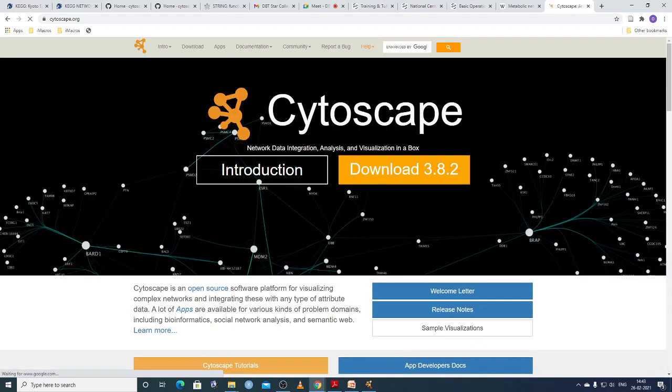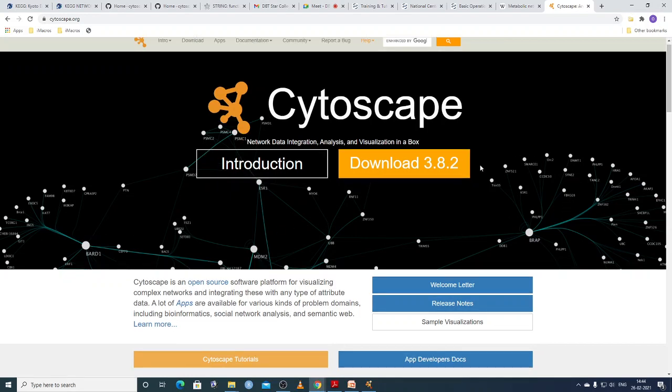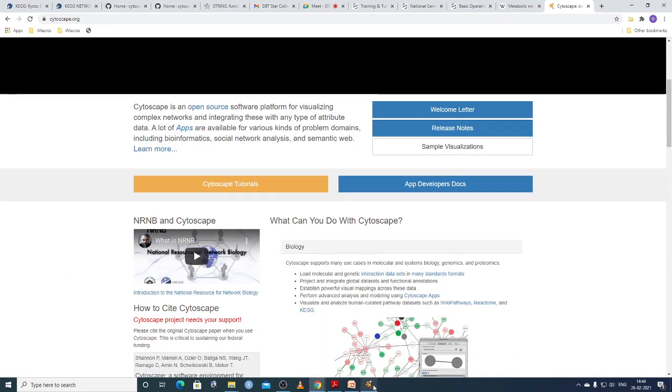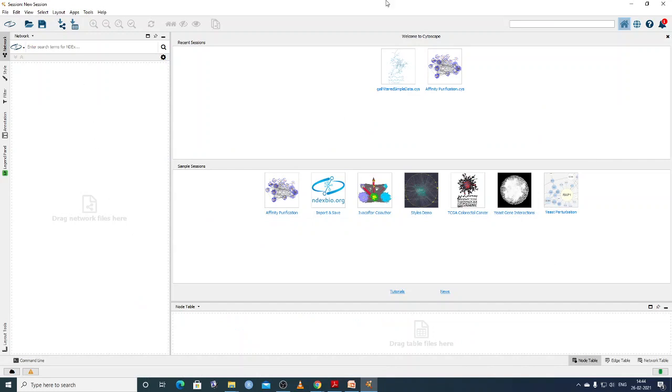Different networks mean different things at the cell level. These white dots are different genes, being expressed or repressed in a particular expression pattern, and we have to connect these and make a network of them. If you download and install it, you will get a window like this. This is the Cytoscape window.